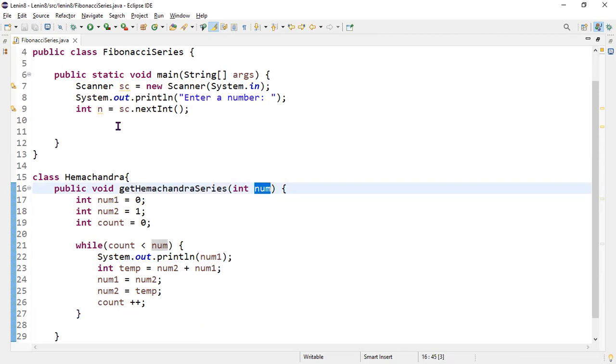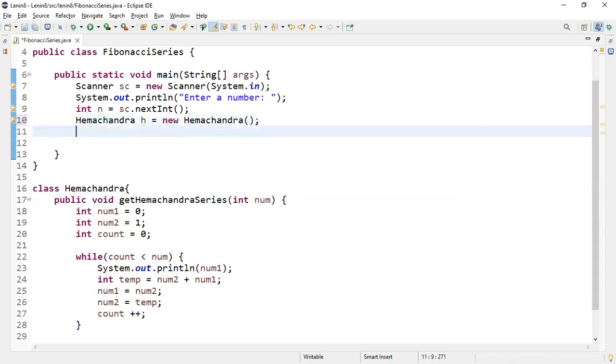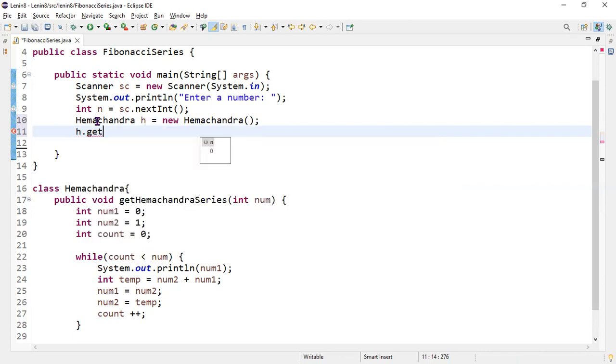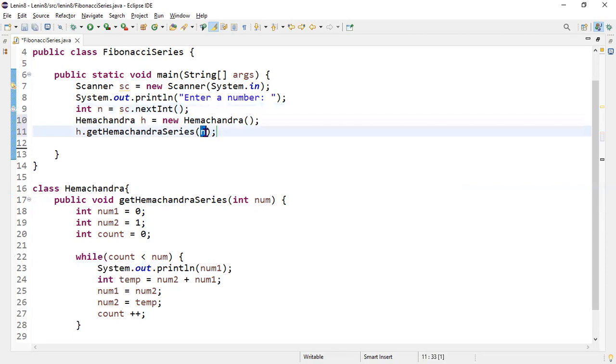Now to execute this, we have to create the object in the main method. So class name, and then I'm using an object variable equals new class name. And how to call a method? By using object variable dot method signature get Hemachandra series, and it's a void type, and in this method body we only had a print statement, so no need to catch it, only pass the input as a variable name n. So let us execute this program,